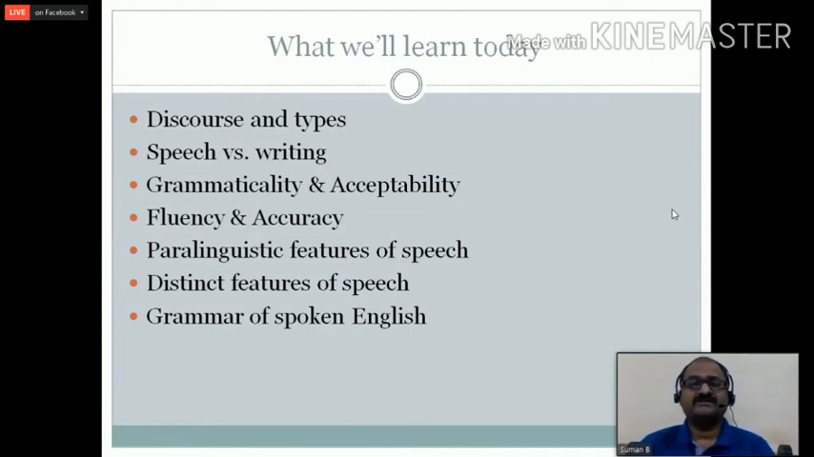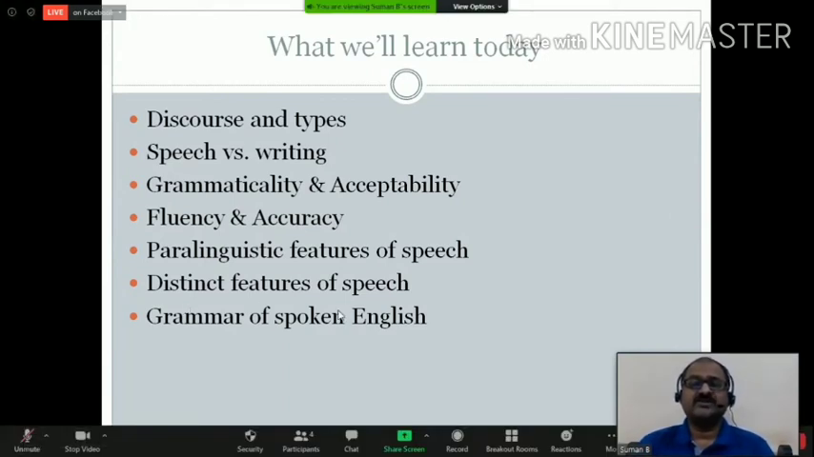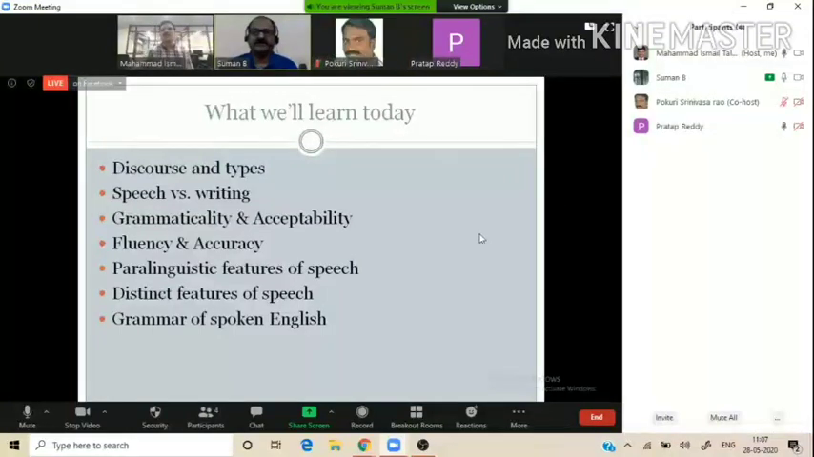All these various aspects that we are going to discuss today are directly relevant for us as users of a language. Some of these aspects, like paralinguistic features, for example, are directly related to us as teachers and learners. So, an understanding of these aspects can definitely